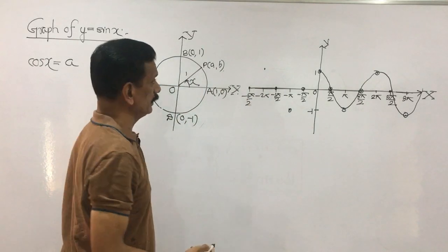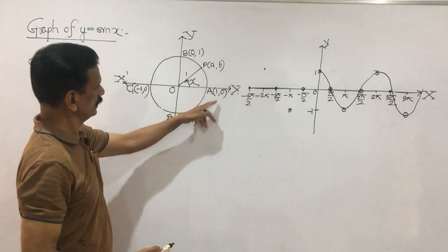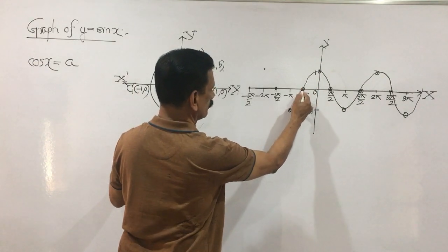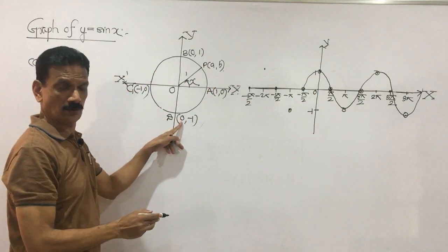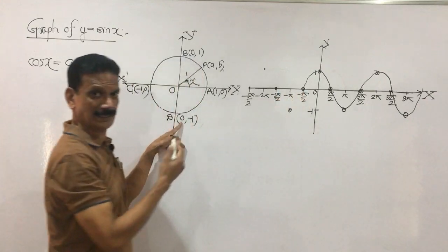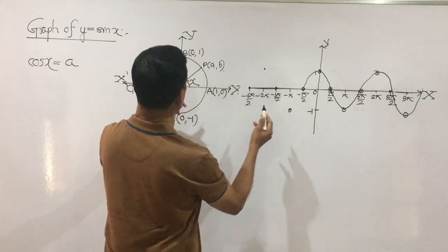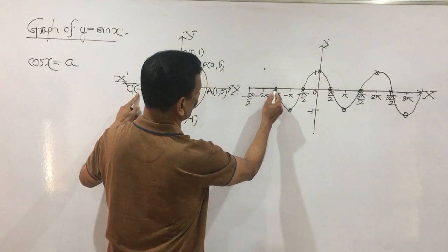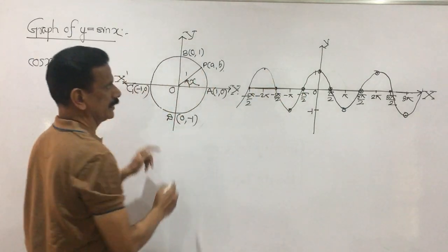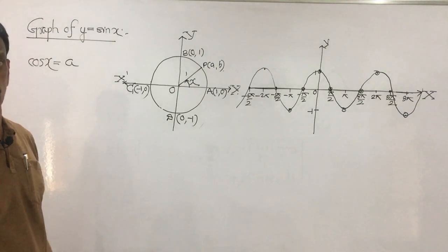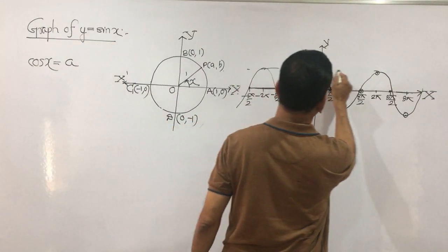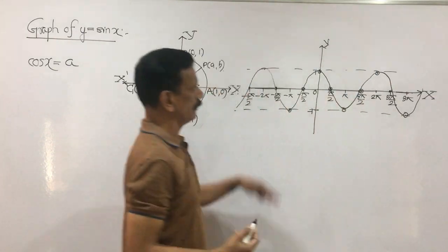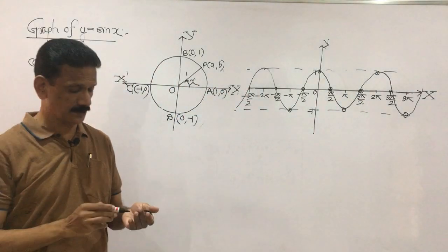And when we go to the negative side, see here what you are getting: 0, meaning it comes down, because the value of y is 0 for any point on the x axis. When it comes here, the value is minus 1, down, again it becomes 0, and here it is. So remember, here also the curve oscillates between minus 1 and plus 1. So it's maximum value.